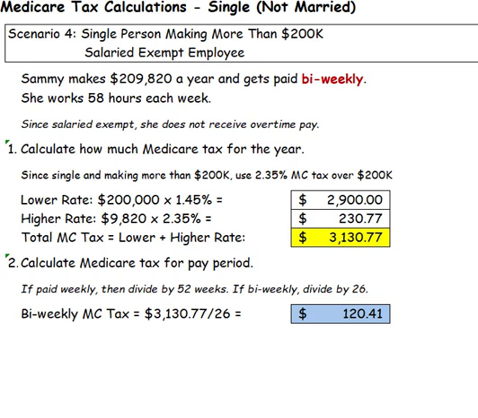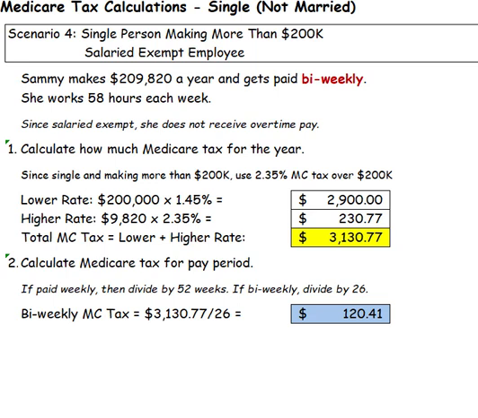Scenario 4 is a bit different. In this case, we're going to have a single person making more than $200,000 a year, and we're going to consider the first scenario as a salaried exempt employee. We'll say Sammy makes $209,820 a year and gets paid bi-weekly. She works 58 hours each week, but since she's considered to be salaried exempt, she does not qualify for overtime pay,